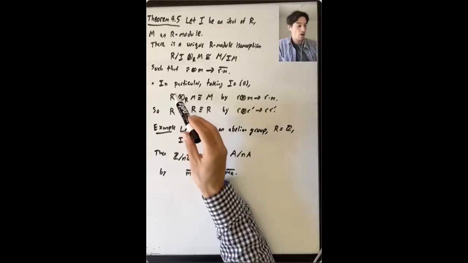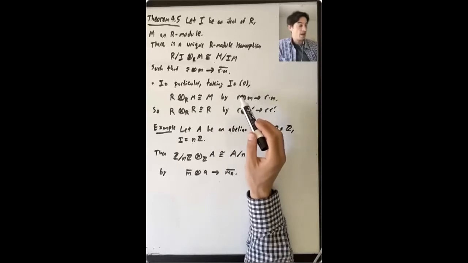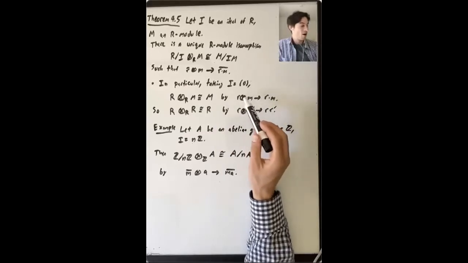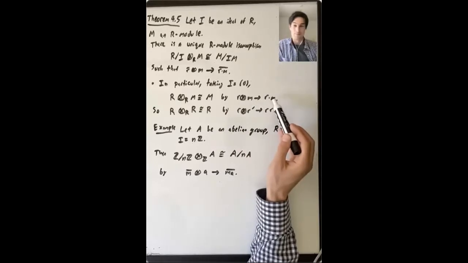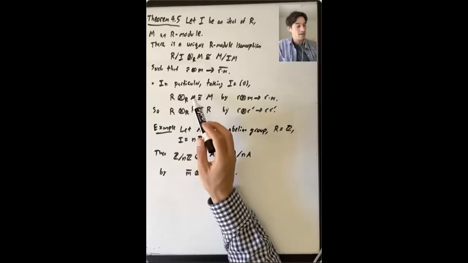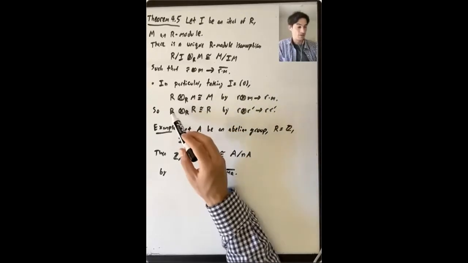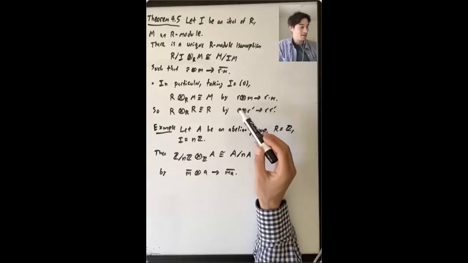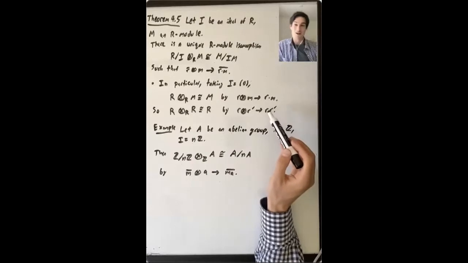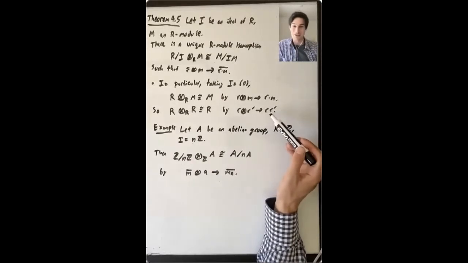And what we get is R tensor M is isomorphic to M via an isomorphism that takes the elementary tensor r tensor m just to the product r times m. So in particular, if you take M equals R, then we're seeing that R tensor R is isomorphic to R by this map that takes r tensor r prime to the product r times r prime in the ring. And this is also the same special case that we saw at the beginning of this video for the first